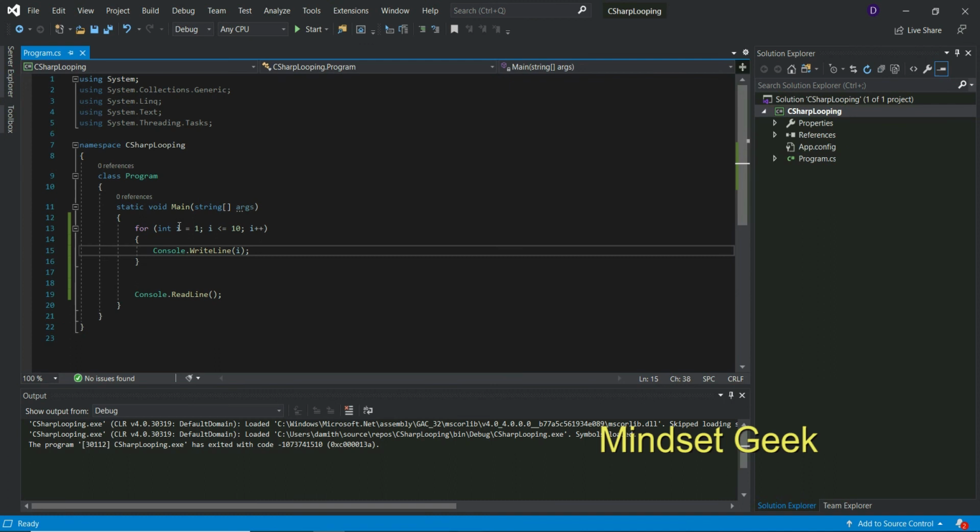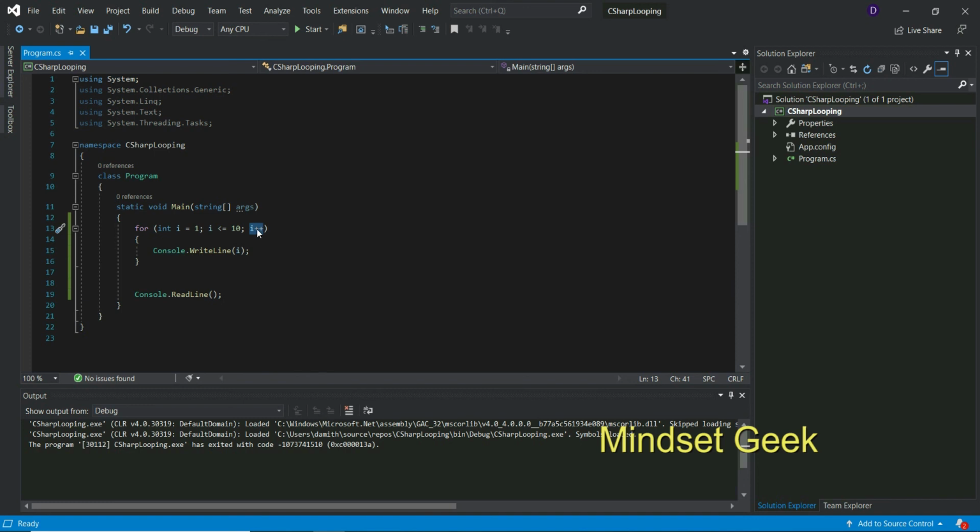First initialize the value: i is 1. Then check the condition: i is less than or equal to 10, yes, it is true. Then execute this line, whatever content is inside the for loop. And last, increment i by 1.